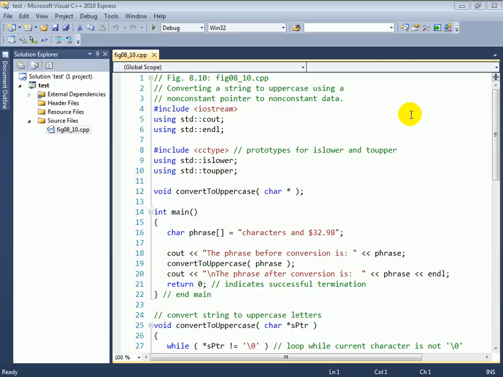arrays, because we'll be working with a C-style string that's stored in a character array for the purpose of this example. Now you'll also notice at line 8 that we're including the header file cctype, which is the old C standard library ctype.h header file, converted to its C++ name. And from that header, we'll be using the C standard library functions that are part of the C++ standard library called isLower and toUpper. IsLower determines if a given character is a lowercase letter, and toUpper converts a given character